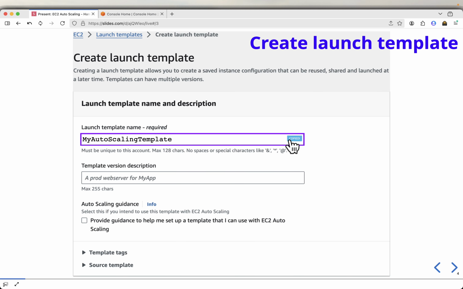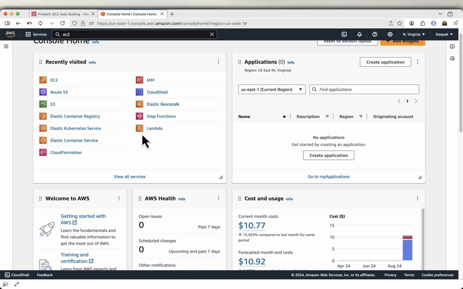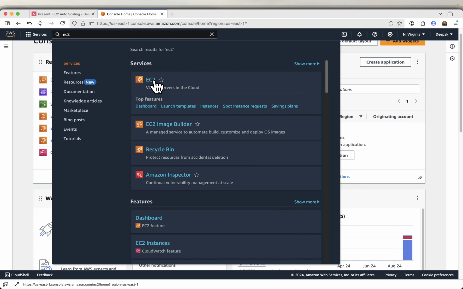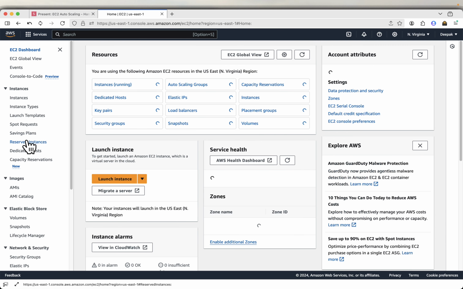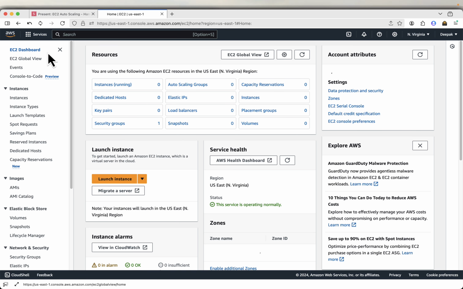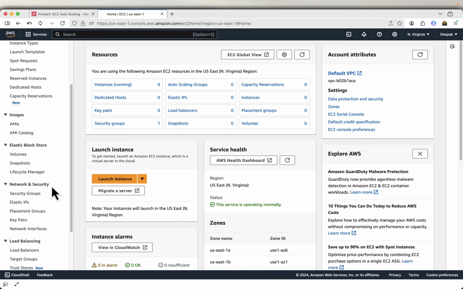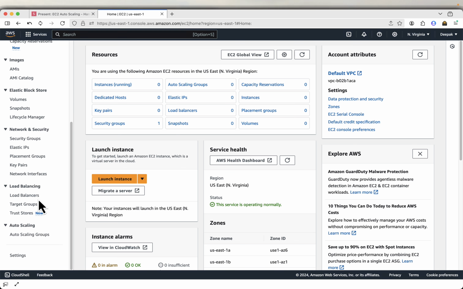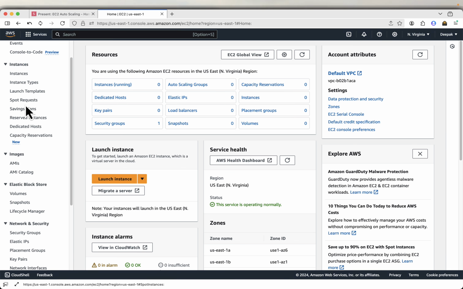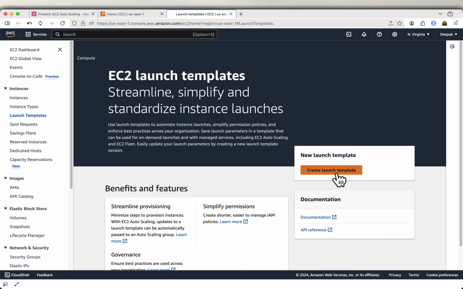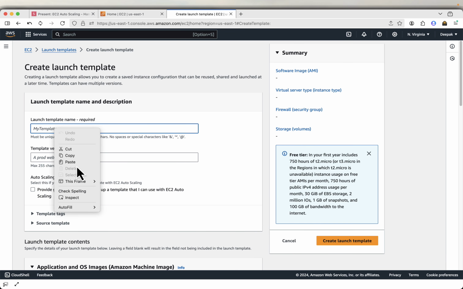So I'll take the name of the launch template. I am at the AWS console home. I am in the North Virginia, US East 1 region. So I'll just search for EC2. And on the EC2 dashboard, if you scroll down, you will see the setting under instances. So here you will find launch templates. I will open that in a new tab. Click on create launch template, give the name,